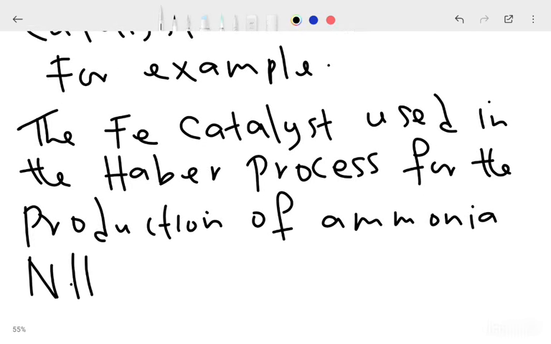Ammonia, that is this, right? For the production of ammonia